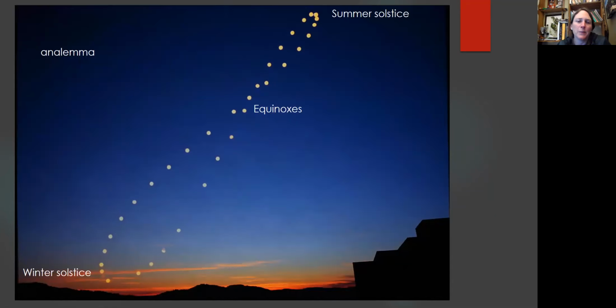And you can look at the pattern of the midday sun as it moves through the sky. This is called an analemma, and it makes this figure 8 pattern that crosses at the equinoxes. And so we're heading down from the equinox towards the winter solstice, which will happen in the middle of December, and then you'll start moving your way back toward the top of this pattern